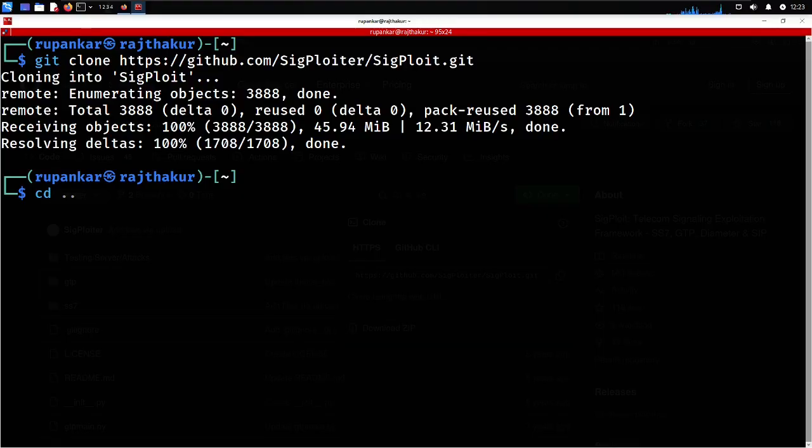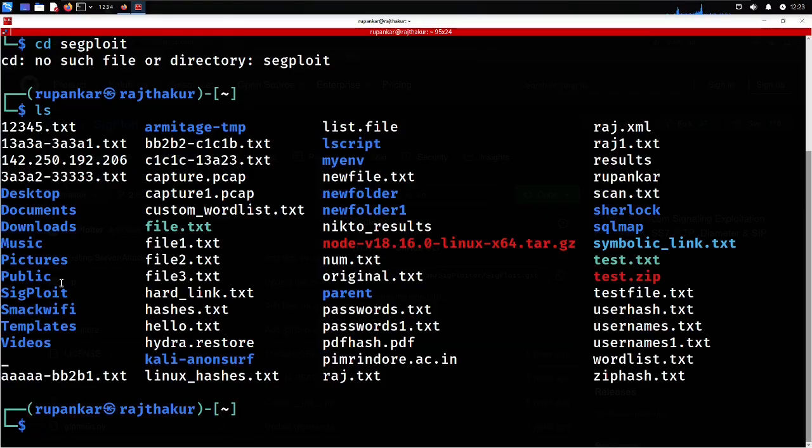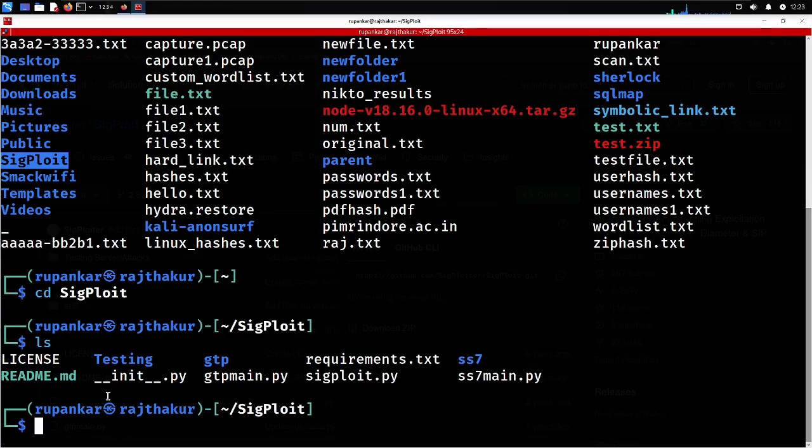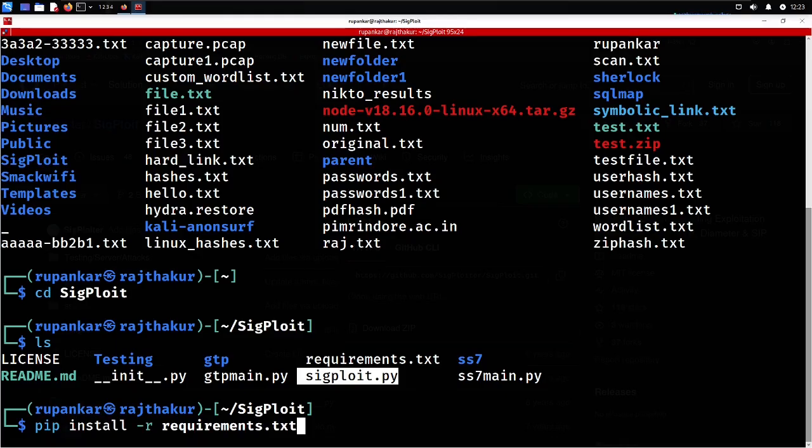After that, let me move to the exploit. Let me see whether the exploit is showing or not. Okay, so this is the explanation here. cd. So now we will be looking at what the installation files are. After that, you will simply run python setploit file .py. You just need to run this file. Okay, I need to install the requirements first once again. So for that, I will be doing pip install -r requirements.txt once again.